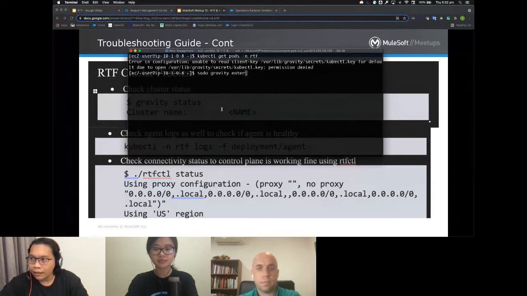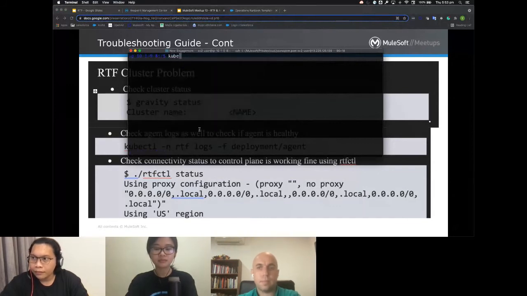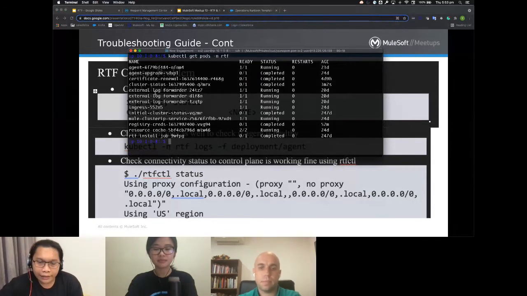I need to enter Gravity. These are all the necessary applications that are part of the RTF agent. The first one is the agent, which is responsible for communicating to the control plane, and the other applications are mainly for internal purposes.